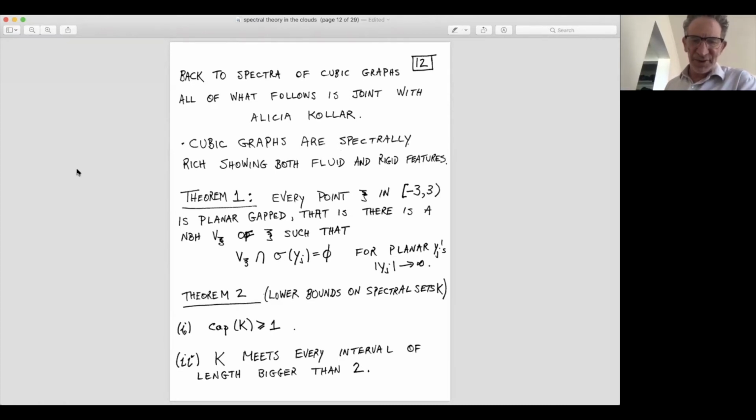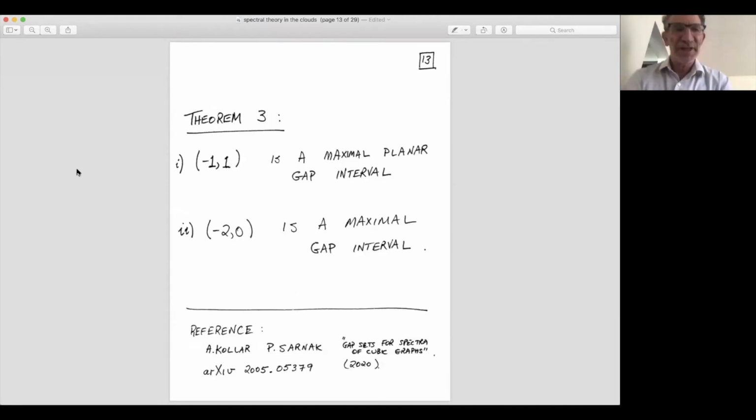And then a second theorem, which is quite a bit more difficult to prove because it doesn't involve the use of any easy thing. It's a combinatorial theorem, that any spectral set must meet any interval in [-3, 3] whose length is bigger than 2, and you'll see this 2 is sharp. That interval must intersect K. You cannot make any interval of length bigger than 2 free of eigenvalues of 3 regular graphs. Just not possible. And to show you that's sharp, this is one of our main theorems, I'm going to give you an example of this.